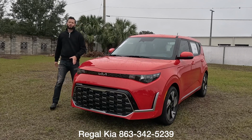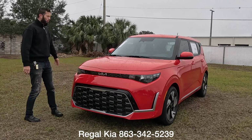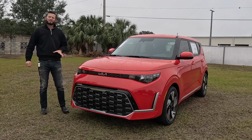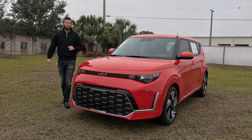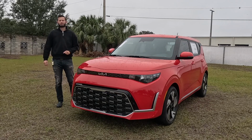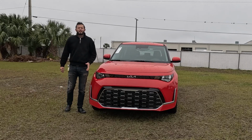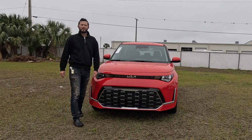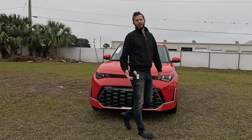Is the new Kia Soul a get it or skip it vehicle? We are showcasing the 2025 Kia Soul GT-Line in Inferno Red. Now when you go GT, you get 5 different exterior colors, but only 1 interior color. The EX will unlock up to 9 different colors, and even the GT-Line will have the same performance as every trim. I'm Anthony from Hawkeye Rides, and I'm going to go over some pros and cons to see whether